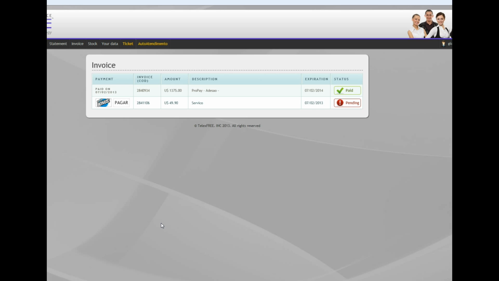So you go to TelexFREE.com, log into your back office, and when you get into your back office, you'll see up at the top here where it says Invoice. And if you click on Invoice, it will bring you to this page, and this page will show the invoices that have been created. So you'll see here when we first created this account, it created this invoice number, and then also this is the one, of course, for the service. The idea is that when you come in here, you want to write down the invoice number that you want to pay. It will show the invoice that you've created, and you want this invoice number. Then you go